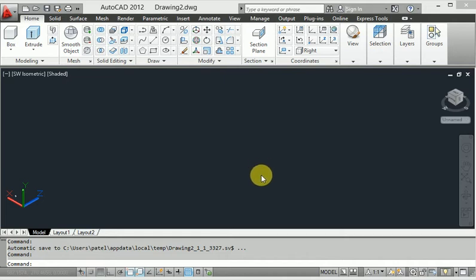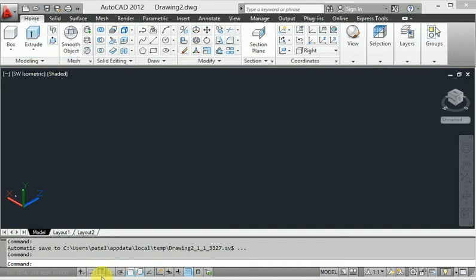It means we connect two different solid components to each other, so that is called 3D Align. So let's start how to work with 3D Align in AutoCAD.